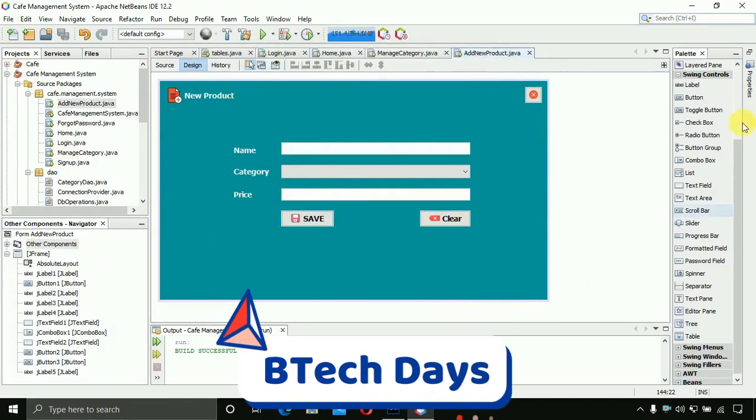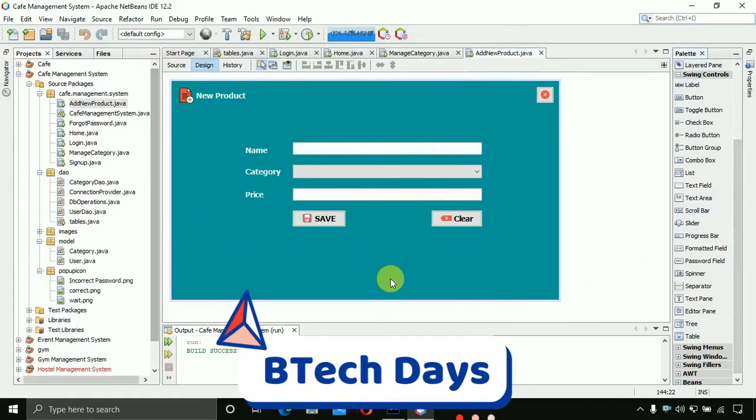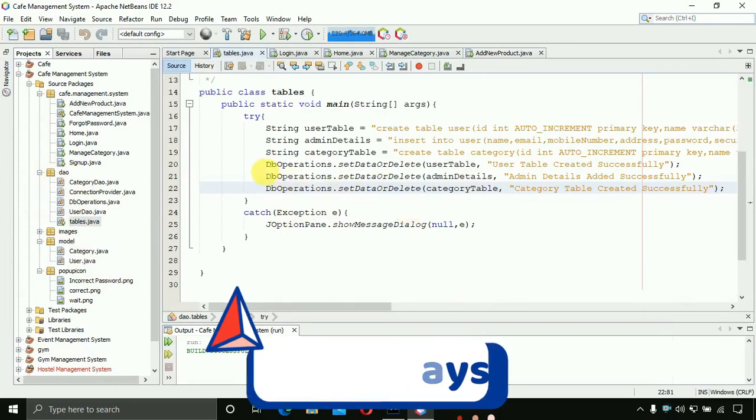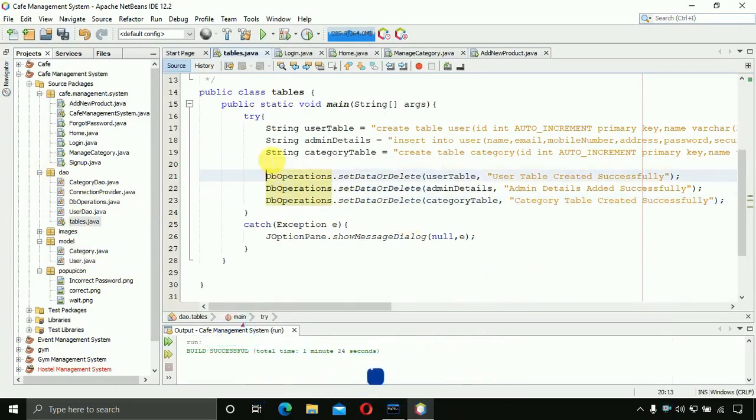Now to store these details we have to create a table. So let's move to the DAO. In that we have a table.java. Here we have to write the query to create the table. So String, and here we have to write productTable equals, in double quotes, create table product, and after that we have to write here int id int auto